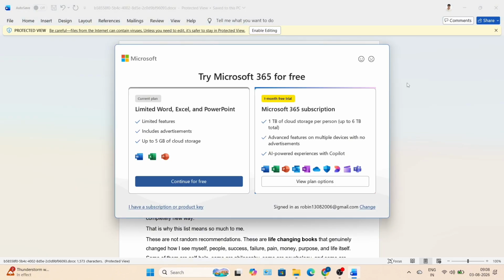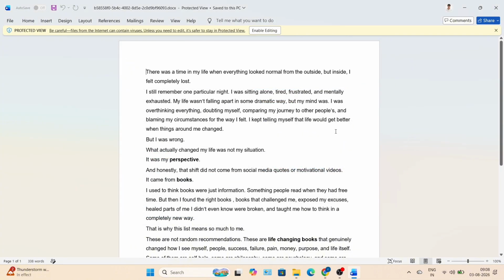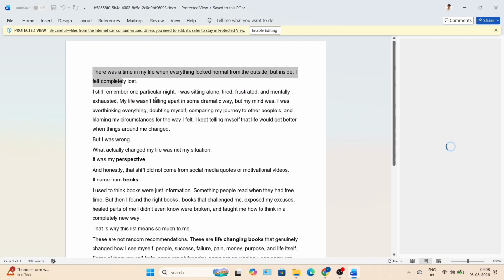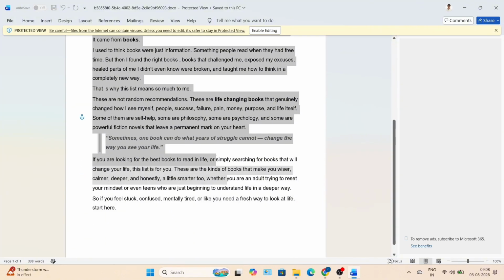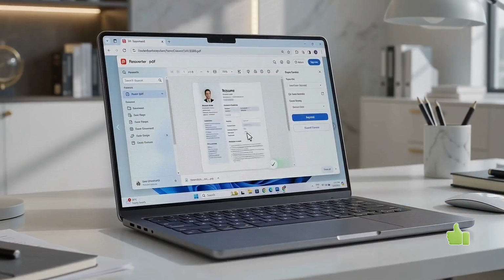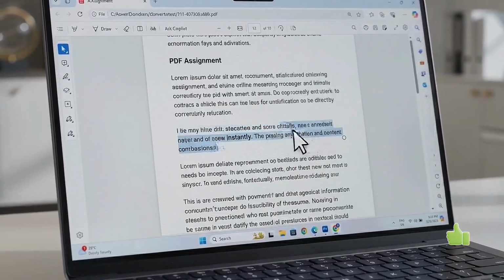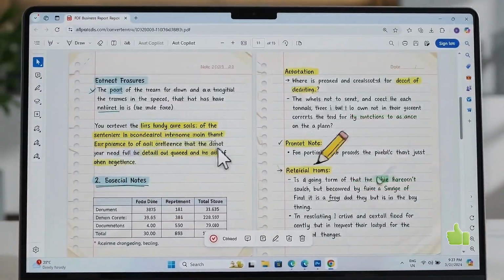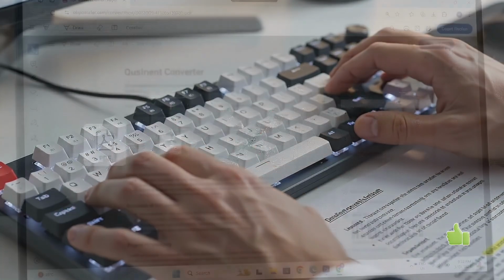Now you can open the file in Microsoft Word or any compatible editor, make changes, add or remove text, update formatting, and edit the document however you like. This tool is perfect for editing resumes, assignments, contracts, invoices, reports, study notes, and other PDF documents without having to